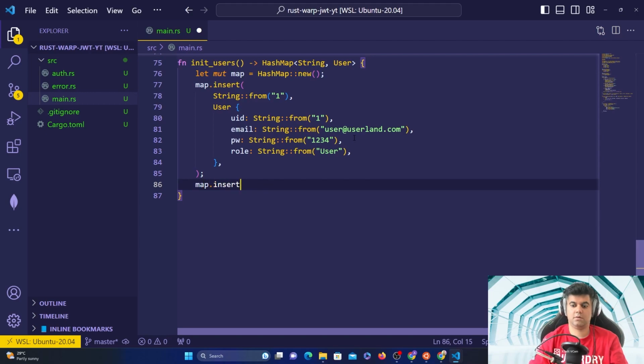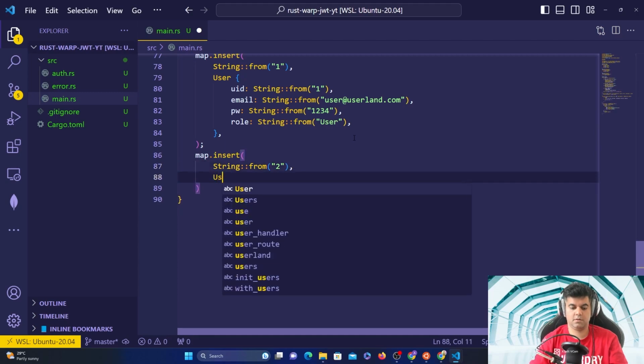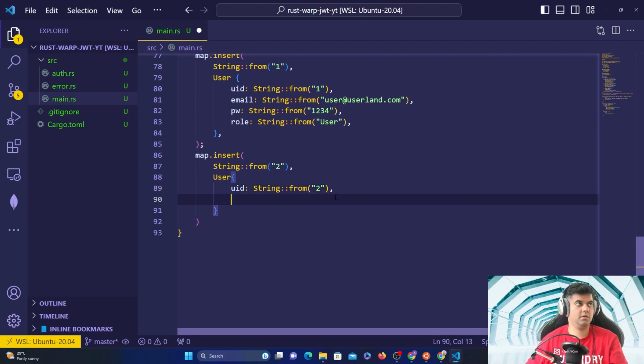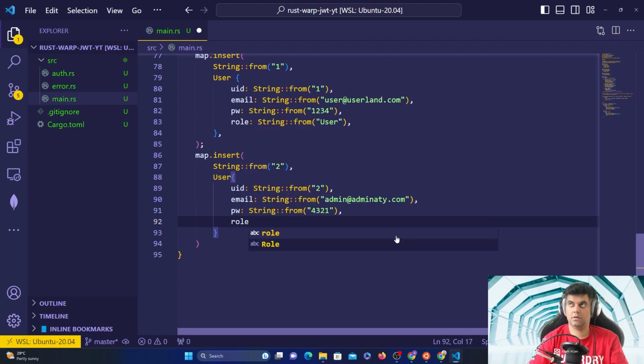So we want to create the next user now, and we'll say string from 2, second user, comma, User, and we'll say UID string from 2, comma, email, again a string from admin@.com, password is string from 4321, and the role is string from admin,